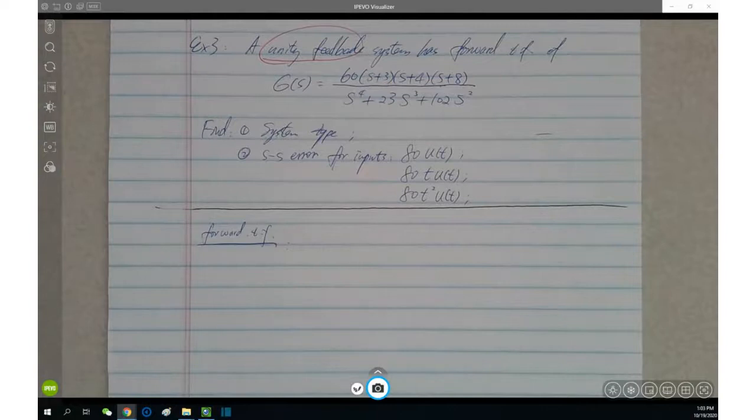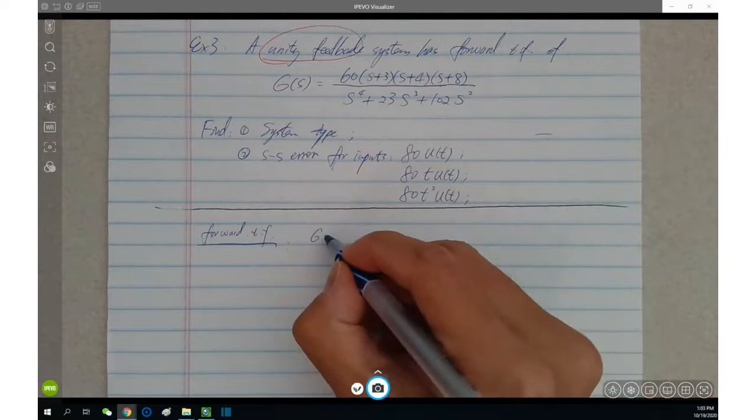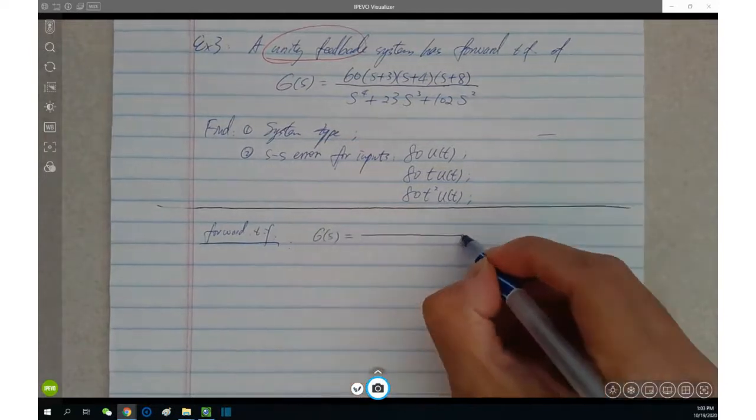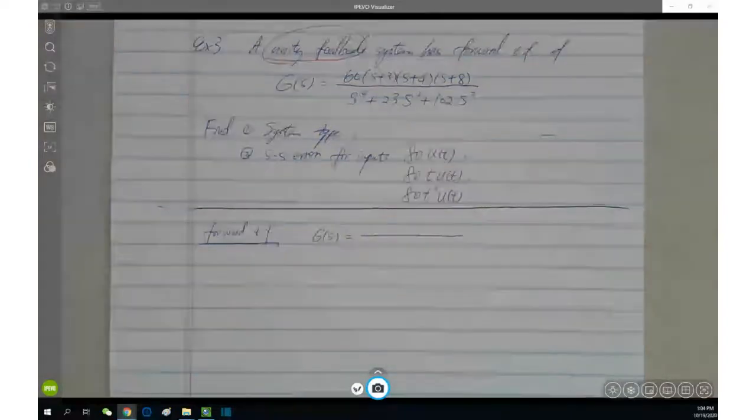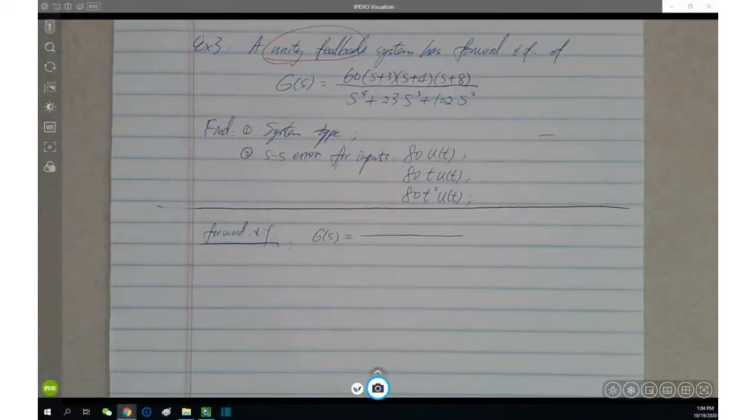Therefore, you need to understand what is meant by the forward transfer function in the given block diagram. Anyways, this problem is giving you the forward transfer function G of s because we are looking for the system type. The system type is determined by the order of the s term in the denominator of the forward transfer function. So we need to organize the denominator of G of s